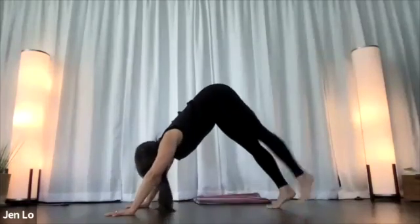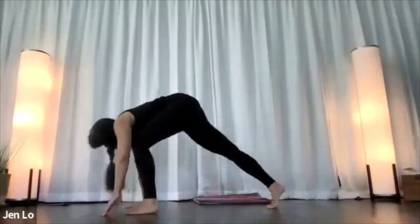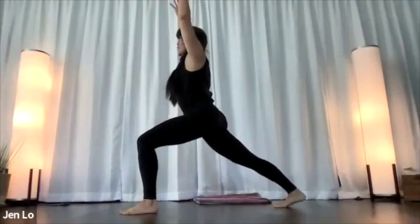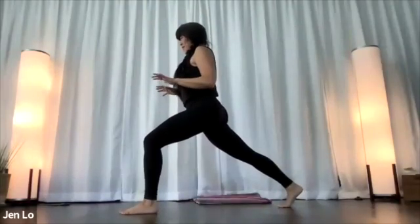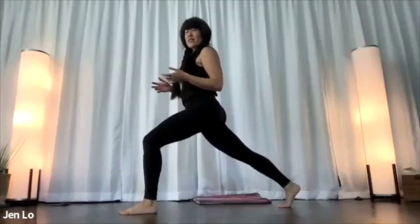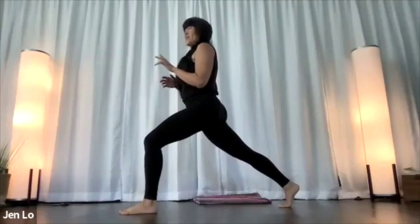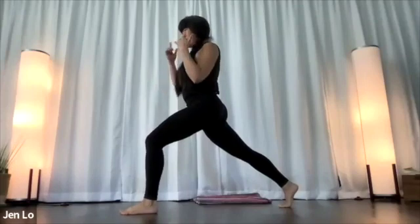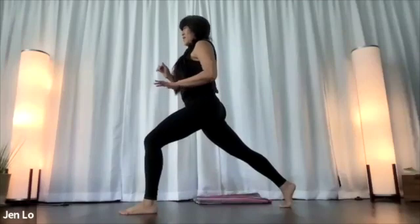Now left leg up and back. Happy Navratri, everybody. Step forward, high lunge. Celebrating 9 nights of the goddess, 9 forms of the goddess Durga, who rides her lion. And today I want us, because this is apparently a level 2+ class, to move quietly like a big cat. And if you don't have that visual, think of a small cat. They move in that same paw